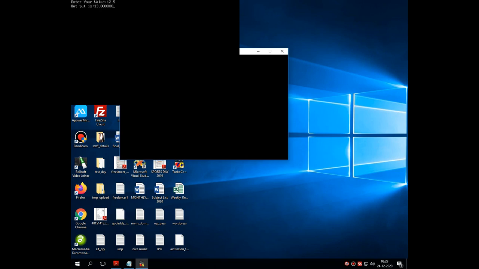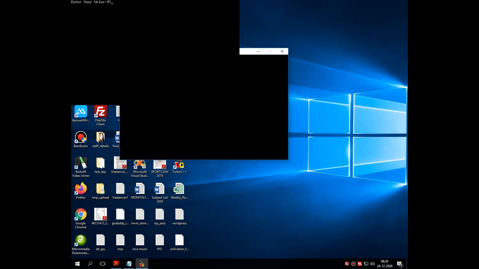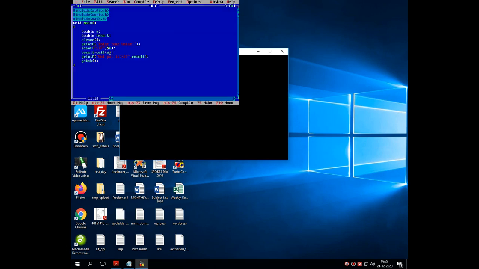What does it return? 13. I will give you another example like 14.1. 14.1 returns 15. Now what it does, this particular function gives you the upper rounded value of the inputted number. Again I am repeating my words. This particular function returns the upper rounded value of a given number. That means suppose I am entering 14.1, then the upper rounded value is 15, so it returns 15 onto the screen. Now let's check for the floor.